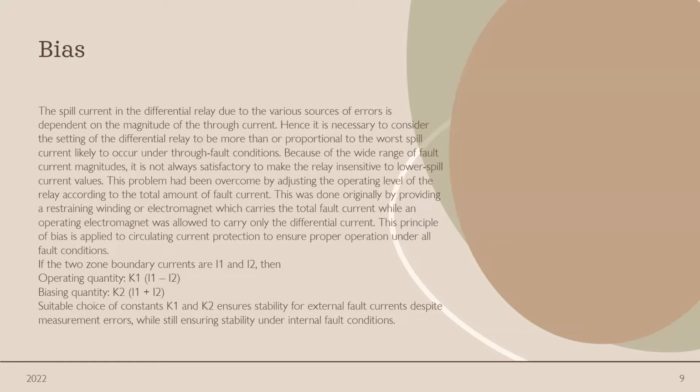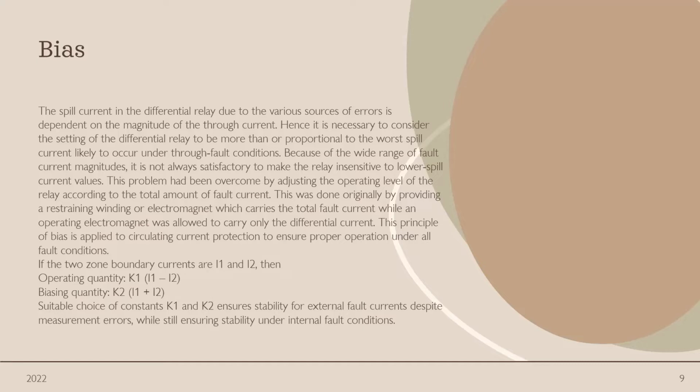The spill current in the differential relay due to the various sources of errors is dependent on the magnitude of the throughout current. Hence, it is necessary to consider the setting of the differential relay to be more than or proportional to the worst spill current likely to occur under true fault conditions. Because of the wide range of fault current magnitudes, it is not always satisfactory to make the relay insensitive to lower spill